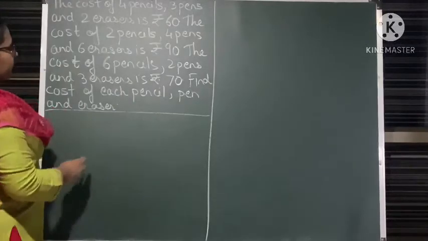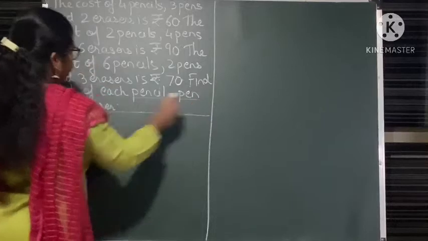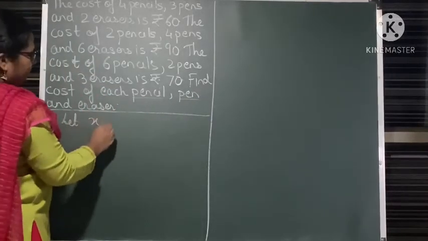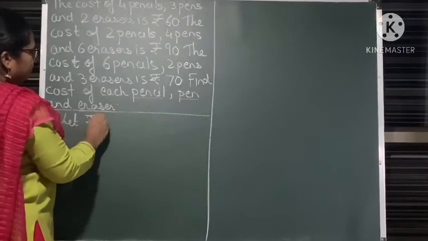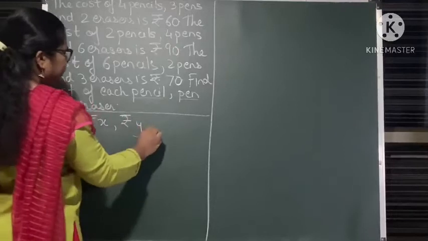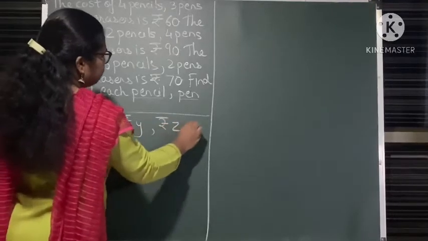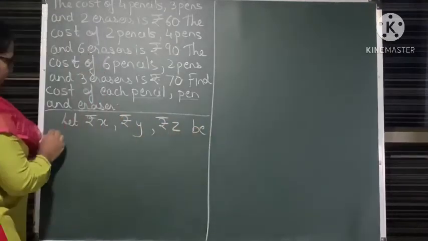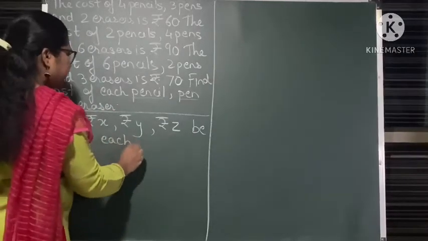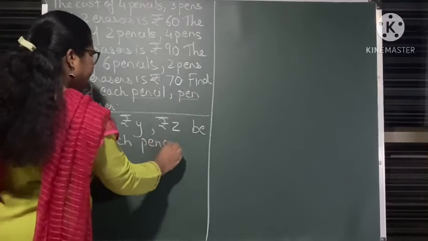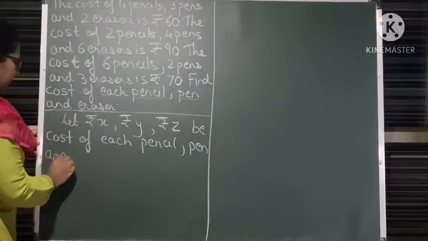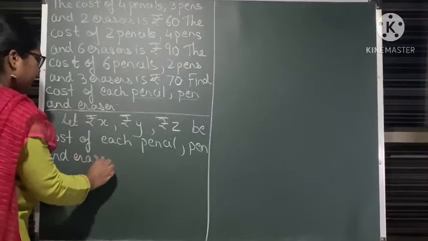So first what we will do, we have 3 variables, pen, pencil and eraser. So we will take, let rupees X, rupees Y and rupees Z be the cost of each pencil, pen and eraser